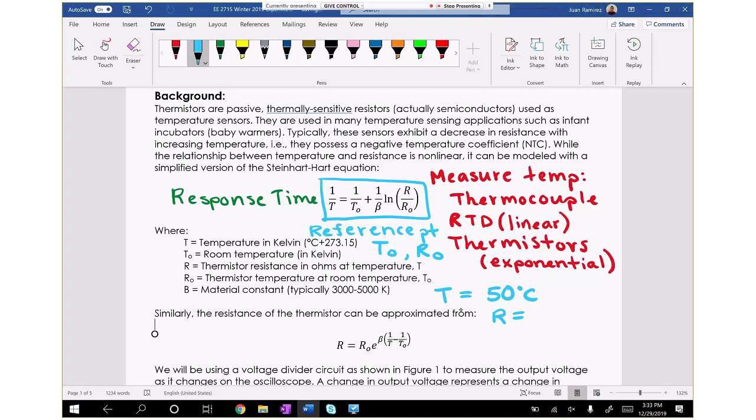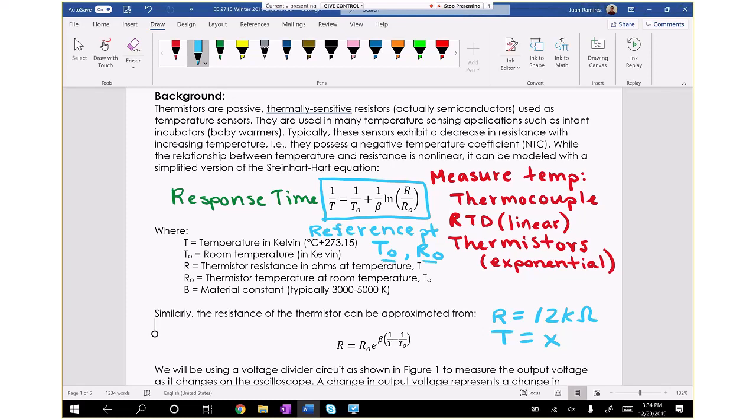So in fact, you'll usually know resistance first. Some resistance, let's say 12 kilo ohms. And then you can calculate what the temperature is for that resistance, given the reference point that we just covered,